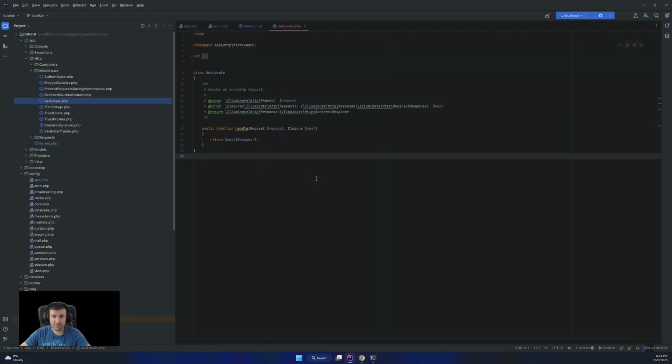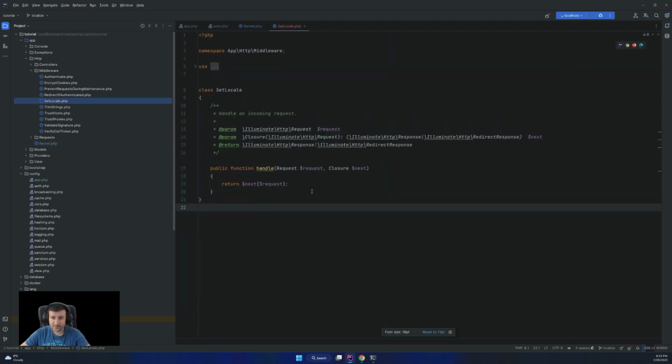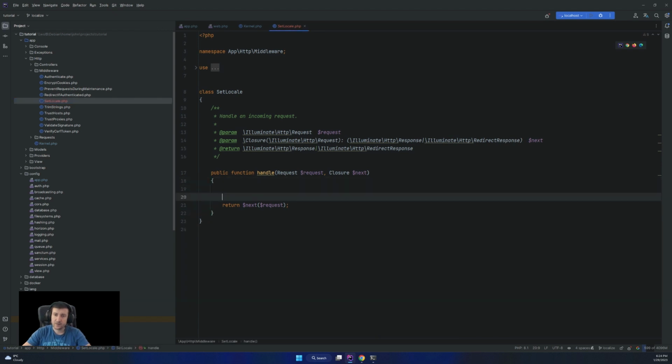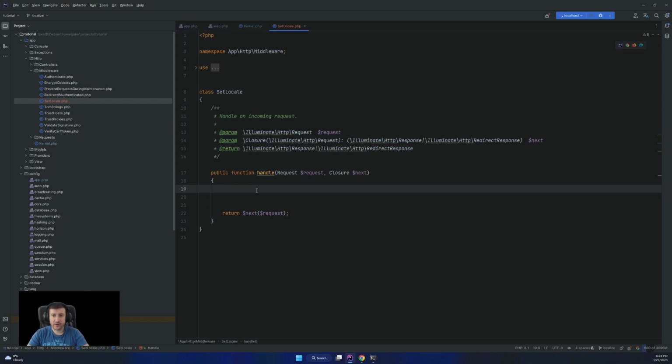Now let's see what it should have. We should take the default locale, but we should have a place in mind where we want to save it. I usually save it in the session, but if you want to use something else, you can use a cookie or some other things. I prefer the session.